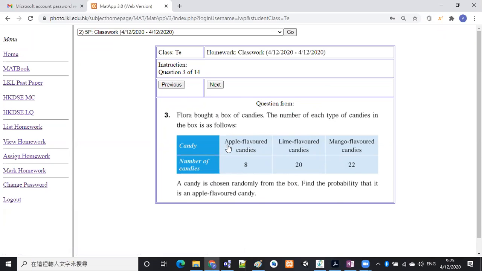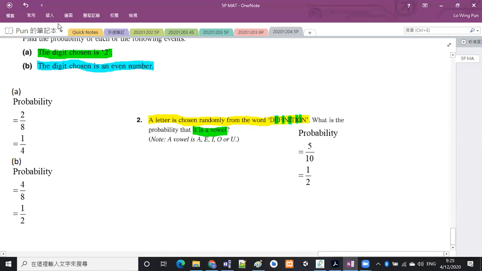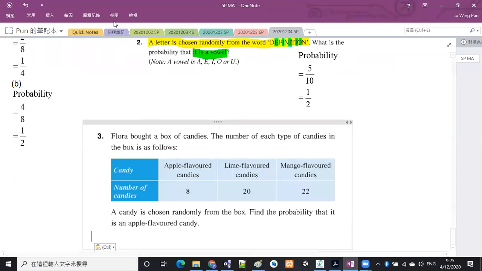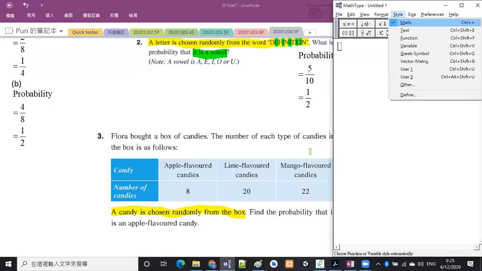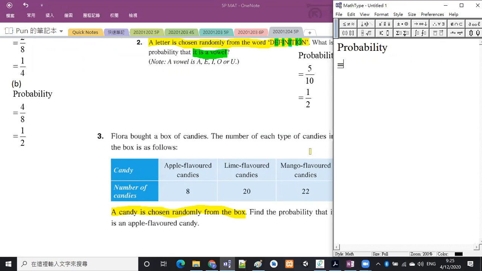好啦，而家係做緊啲咩嘅咧？而家係揾 probability。咁但係我哋喺 find the probability 之前，要睇下成個處境係做緊啲咩先。A candy is chosen randomly from the box。而家係喺個 box 裏邊揀一粒糖嘅啫。咁即係話 the probability 係一個分數嚟嘅。分數嘅分母有幾多個選擇啊？如果佢喺成盒糖裏邊揀一粒糖出嚟嘅話，即係 total 有幾多粒糖啦？Okay, so there are 8 apple flavored candies, 20 lime flavored candies, and 22 mango flavored